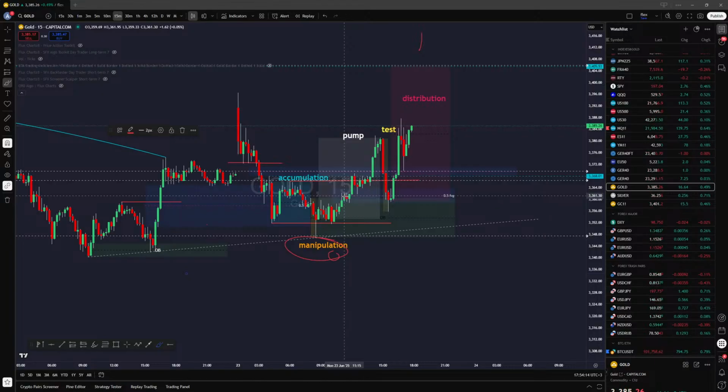Or at least if you also add daily open, weekly open, monthly open understanding to it, it will help you identify what price did and